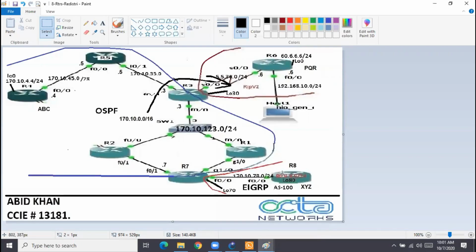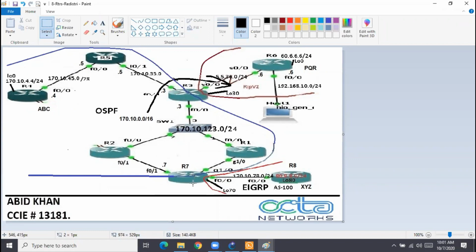So if you see the diagram, who are the routers in the EIGRP domain? Only R7 and R8, as per the diagram. But they say all the routers, they did not mention R8. They said all the routers in the EIGRP domain should not receive this route. Which two routes? 35.0 and 45.0. These two routes should not be visible in EIGRP.